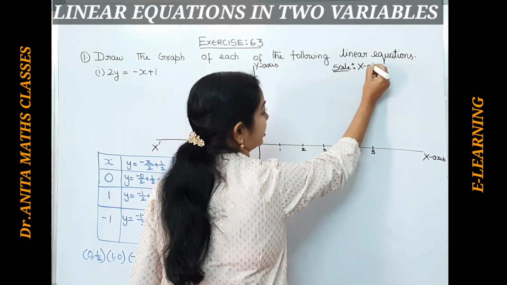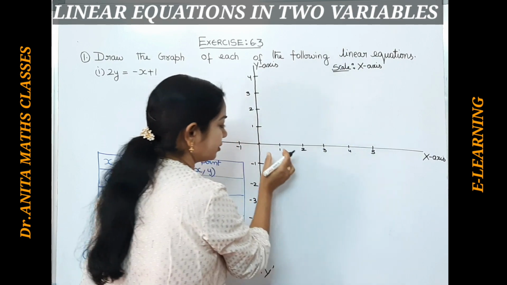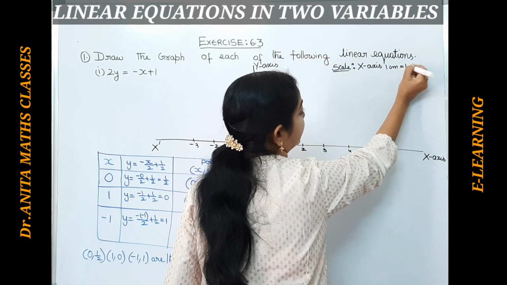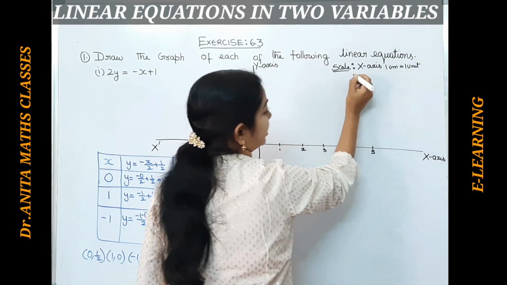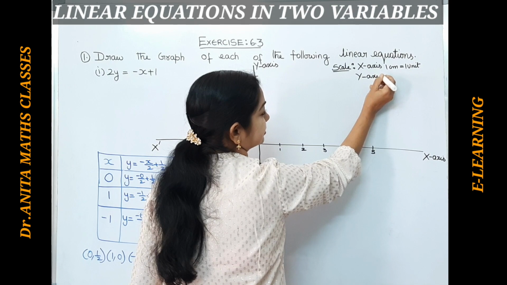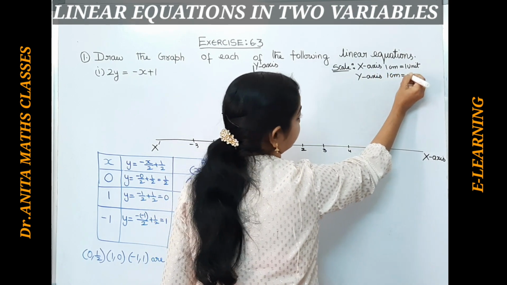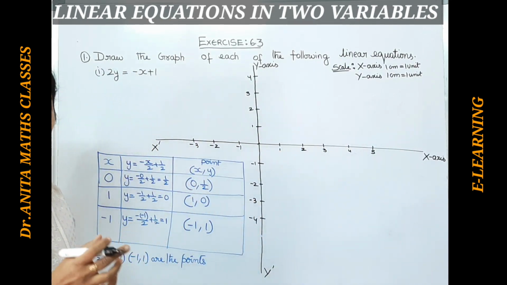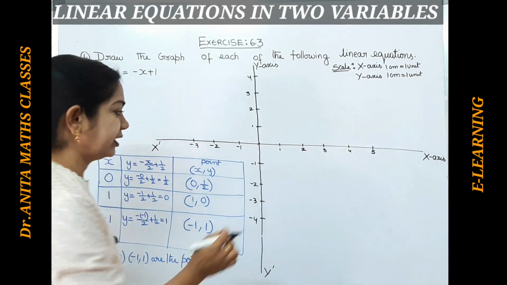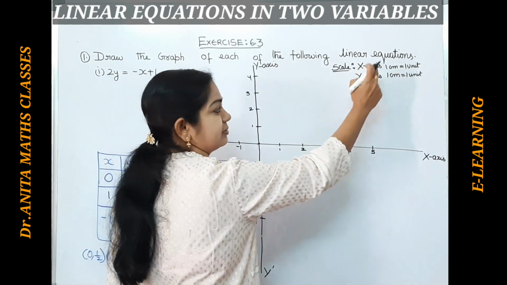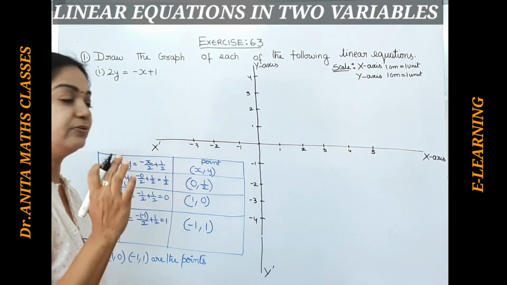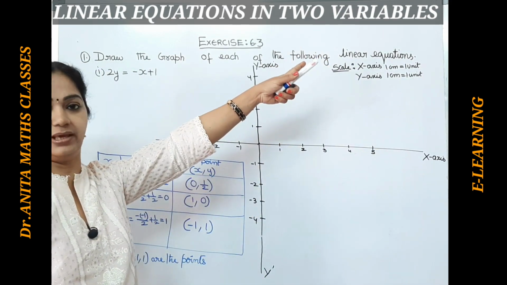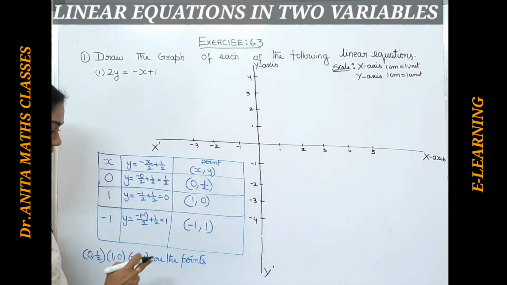On the x-axis, what I have taken, this one block is 1 centimeter. So 1 centimeter I have taken as 1 unit. Whereas on the y-axis, 1 centimeter is 1 unit. The same thing we have taken. We didn't take 2, 4, 6, 8. If you are taking 2, 4, 6, 8, you have to write 1 centimeter is 2 units. If you are taking 5, 10, 15, you have to take 1 centimeter equal to 5 units. You have to mention the scale in the right side corner.